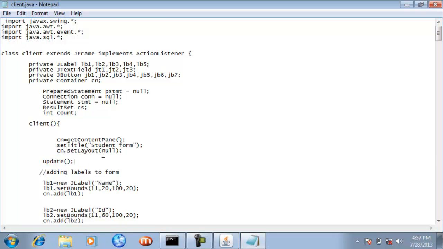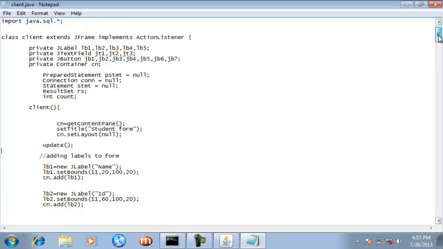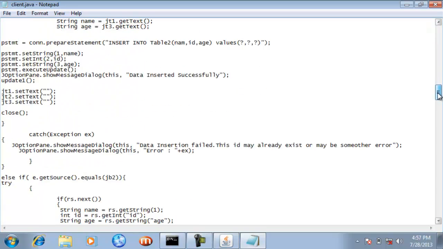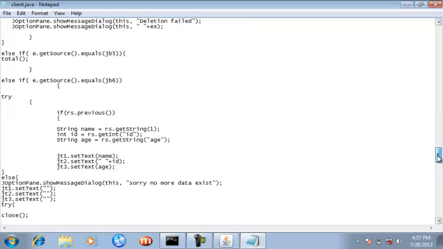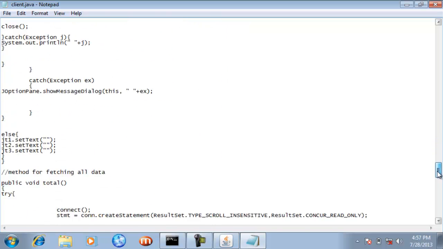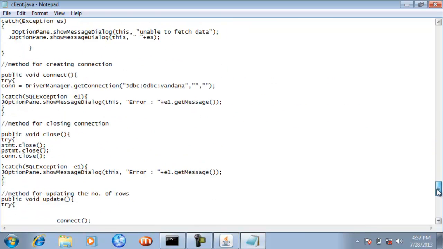So guys, after the execution of the update method, these labels and text fields are added to the form. So what is this update method? I have created one update method, and I have called it in the constructor.